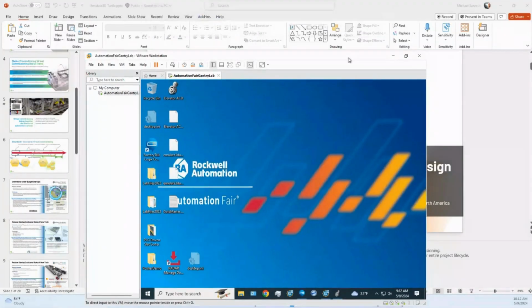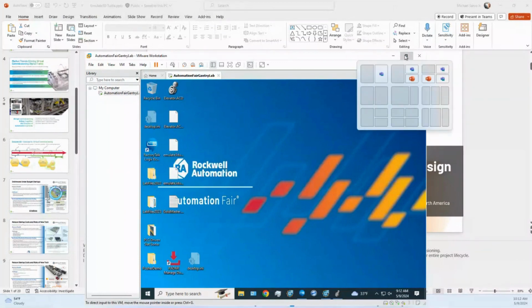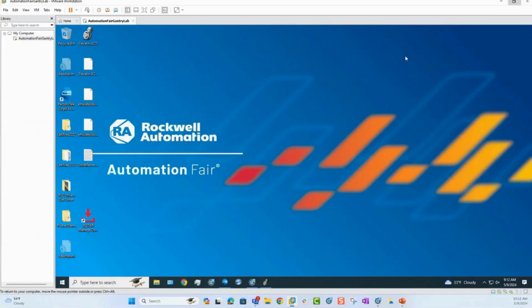What's the difference between this software and Factory IO? Factory IO is aimed at education. It's got a very fixed library. And